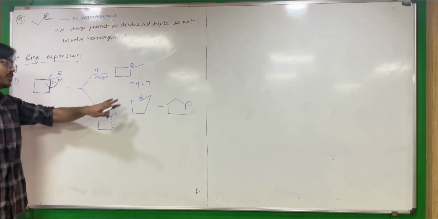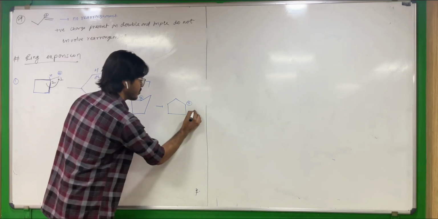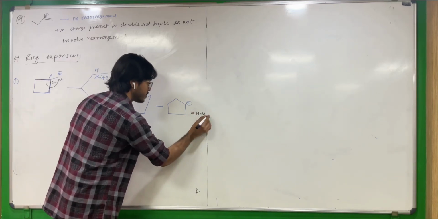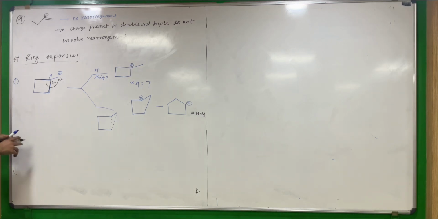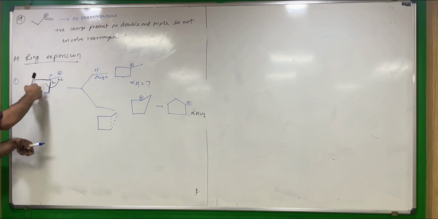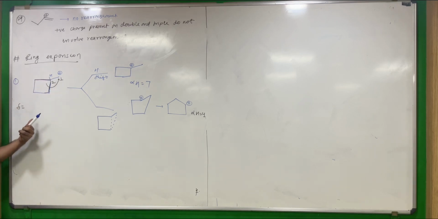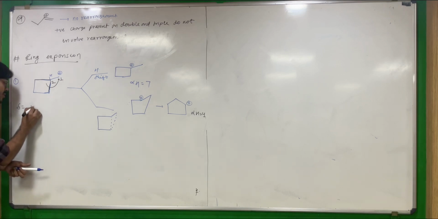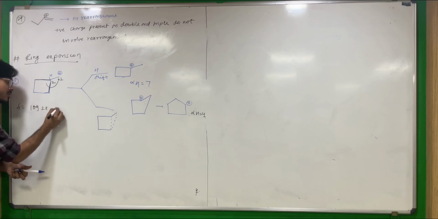Now which is correct between these two? In this case, the number of alpha hydrogen is equal to 7, and in this case, the number of alpha hydrogen is equal to 4. But we have studied Baeyer's strain theory. So if you see the angle strain in this case, this carbon is sp3 hybridized. For sp3 hybridized, the angle should be 109 degree, but here the angle is 90 degree. So the angle strain in this case will be 109.28 minus 90 degree,